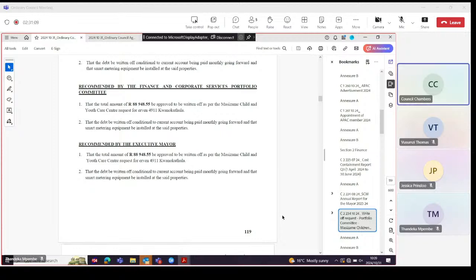Councillor Mangaba. Thank you, Speaker. In as much as I want to concur with my colleague over there, I just need to correct him. It's smart meters. I think when you say prepaid, we are already creating an idea that there'll be prepaid meters. In essence, the reason why we want to add smart meters is that the debt is a result of the unmonitored use of water. So now we want to enable them to manage their use of water. And again, part of the recommendations that I feel strongly in support of is the fact that going forward, they need to enter into an agreement